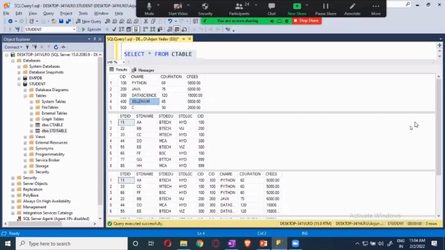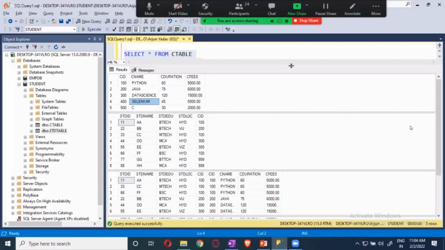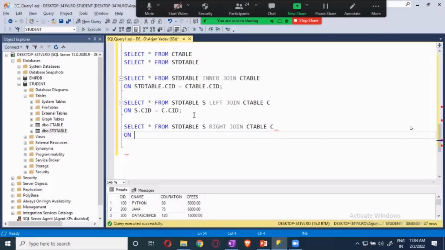Just the reverse of this you will be getting. You will get all the course details, and only the students who acquired that course, those details will be there. And the students who have not acquired the courses, they will be getting null over there. See this? I will write select star from std table s right join c table c on s.course ID equals c.course ID. Okay,